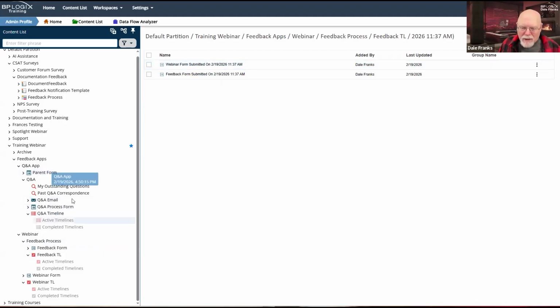If you have somebody who has access to your feedback process who shouldn't have access to the main form that gets passed, you might want to test to see how permissions work in this case. Because when this gets passed, if I don't have view children permission on the form definition, I shouldn't have view permission on the webinar form itself.